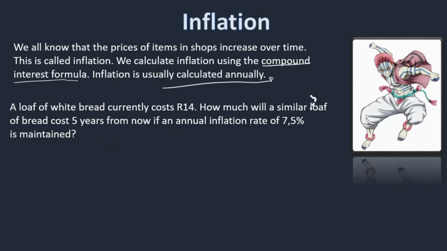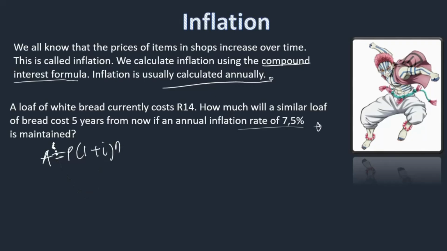Okay, so here's an example. It also talks about bread. It says a loaf of white bread currently costs 14 rands. How much will a similar loaf of bread cost in 5 years from now, if we are saying that inflation is 7.5%? 7.5%, right? So now, remember what we said? This always uses the compound interest formula this way,